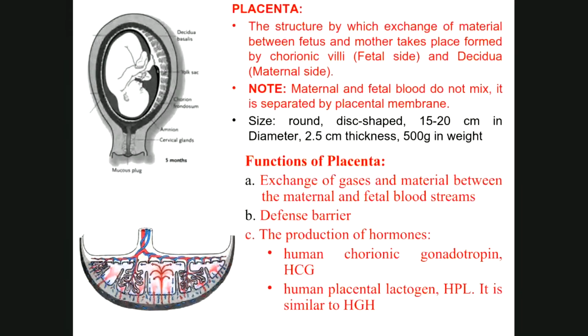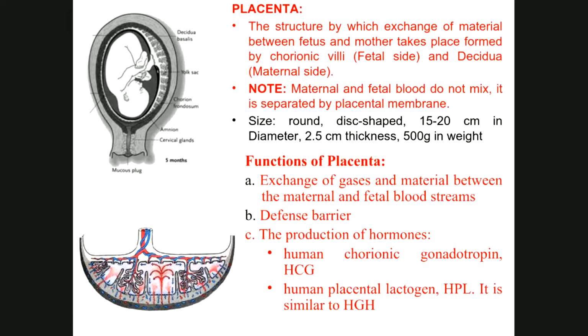So for a female who has repeated abortions, we should assess the level of human chorionic gonadotropin hormone. If the hormone level is low, you can give injections of this hormone and maintain the pregnant state. So it is very important to know this hormone and its level, and then in practice we can apply this principle. So what is the placenta? Ultimately, it is the structure for the exchange between fetus and mother, but the blood does not mix.